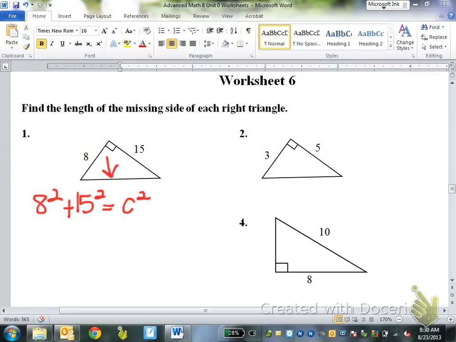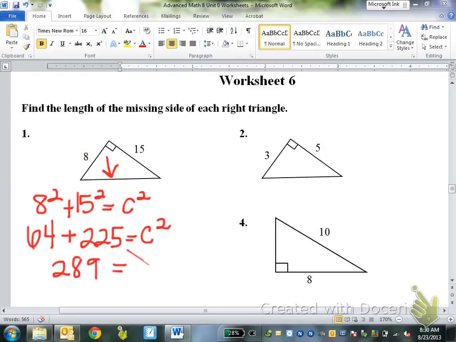So what is 8 squared? 64. What is 15 squared? 225 equals c squared. Maybe we should have a contest to see who can memorize the most perfect squares. Okay, not right now. What's 64 plus 225? What'd you get? 289? Did anybody else get 289? Okay, so I'm going to go on your word. 289 equals c